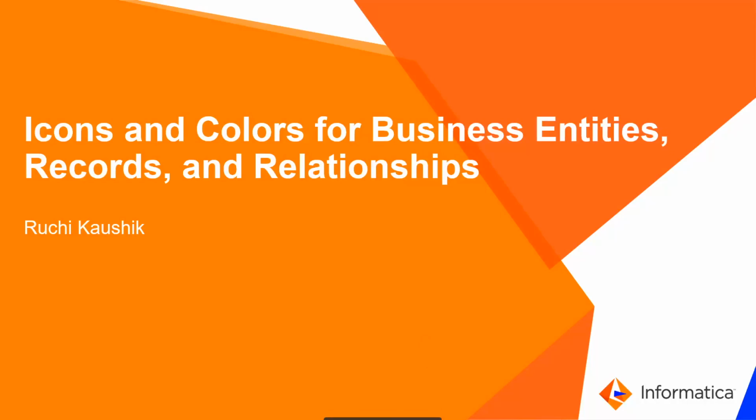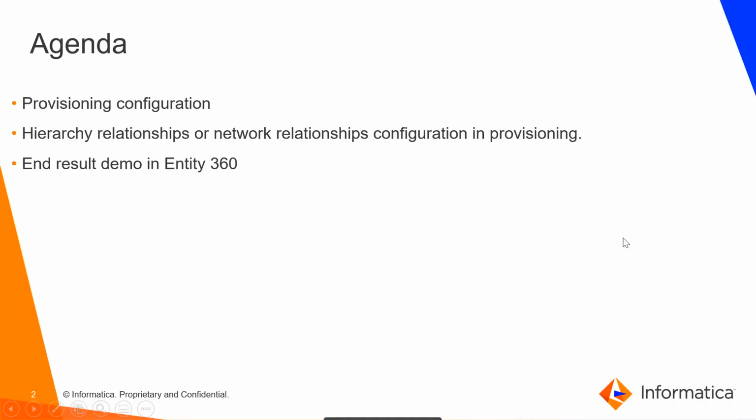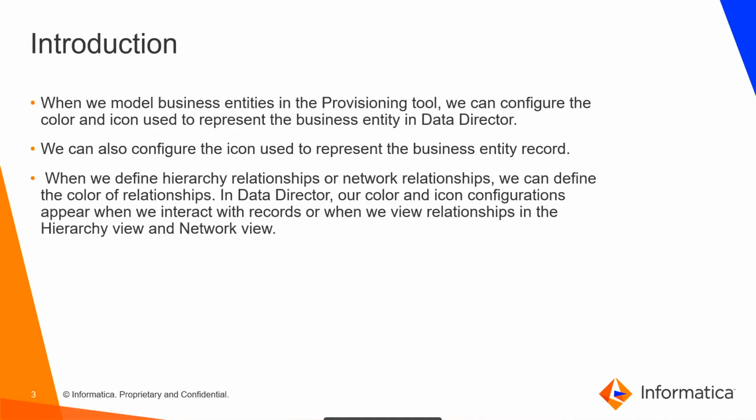Today we are going to learn how we can configure icons and colors for a business entity, records and relationships. The agenda for today's topic is provisioning configuration, hierarchy relationship or network relationship configuration in the provisioning tool, and an end result demo in E360. Introduction: when we model a business entity in the provisioning tool, we can configure the color and the icon